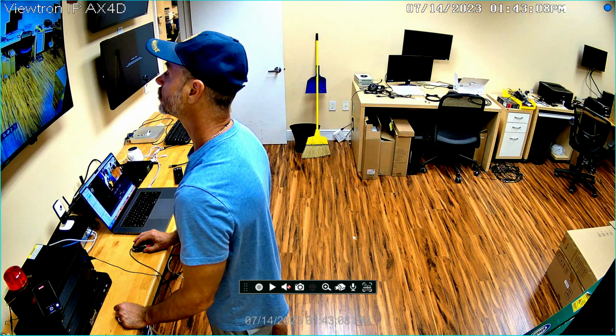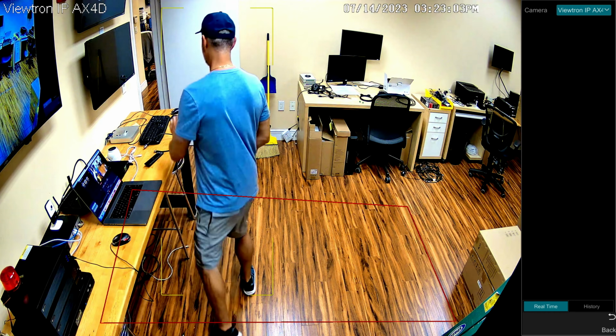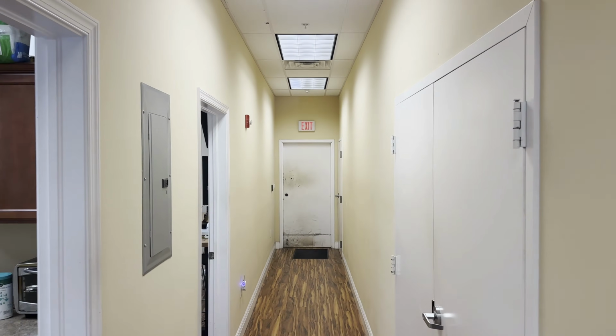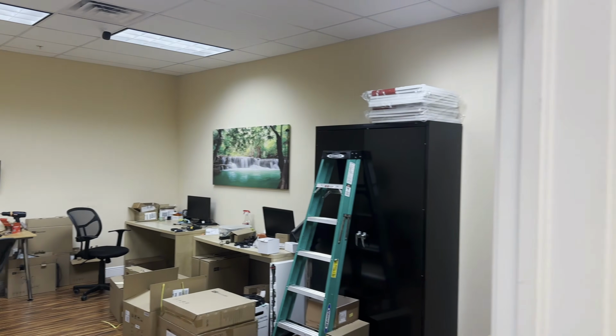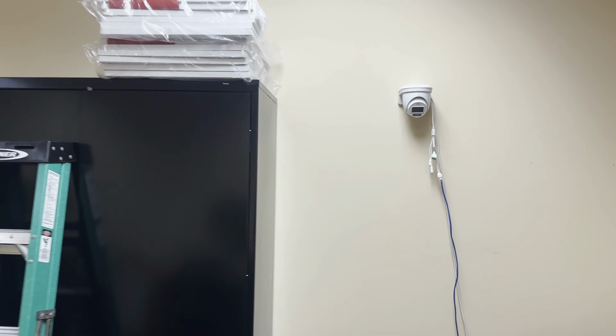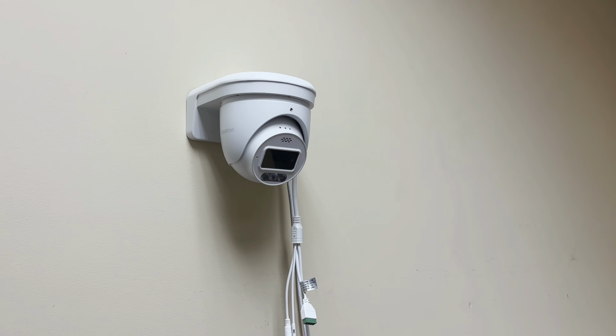Back at the live security camera view on the NVR, I click this icon to enable the AI object detection window on the right. I'm going to leave the room now and re-enter to trigger the human detection. So now I'm going to walk into the room, and when I get into that intrusion zone, the camera's going to set off the alarm and play the warning message.